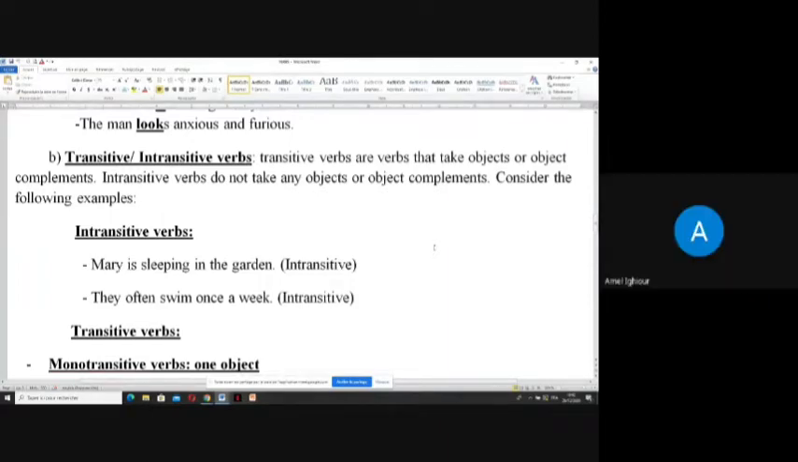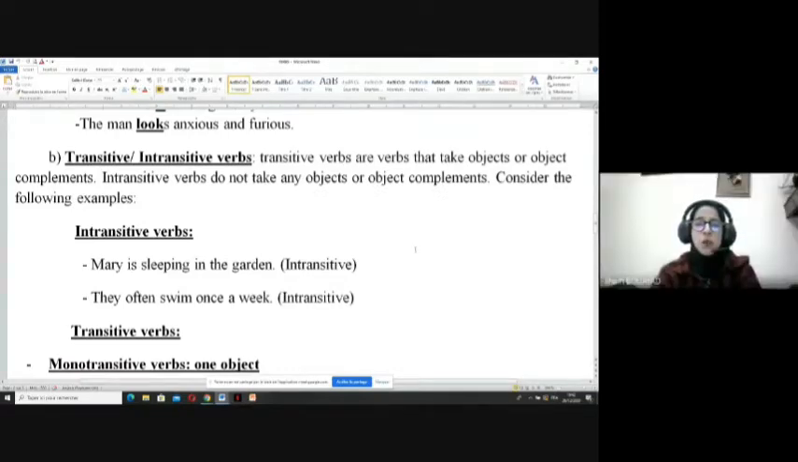So here it takes. Teacher, sorry. Yes. I don't ask you. I want to ask you about in the garden. What is the function of in the garden? Yes, a good question. This is what I was